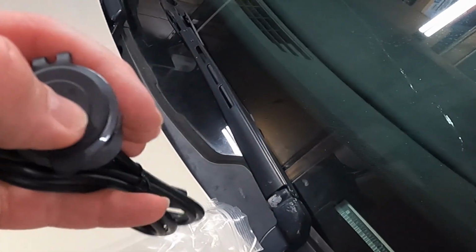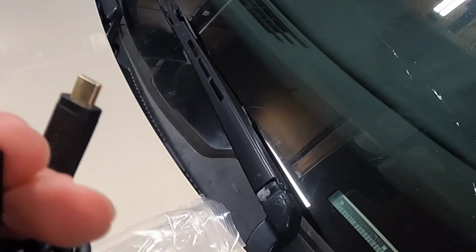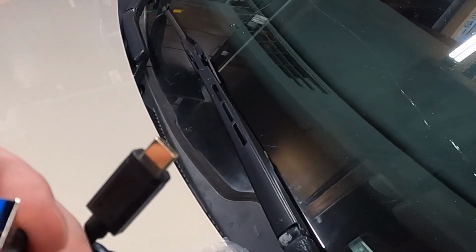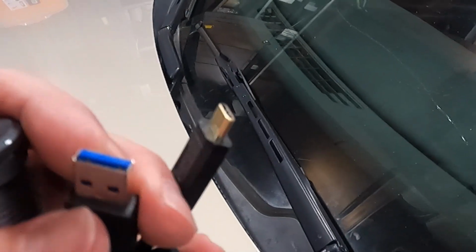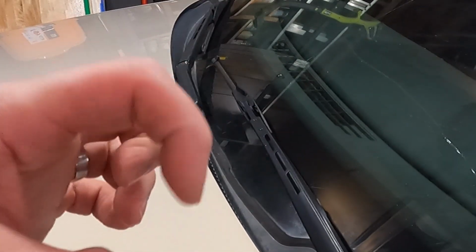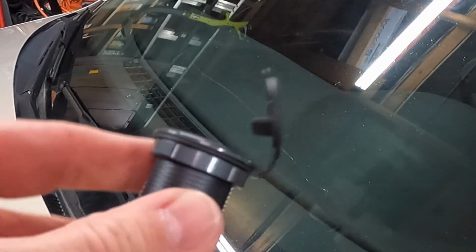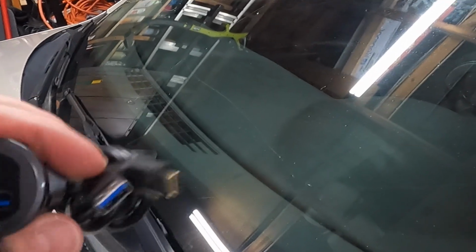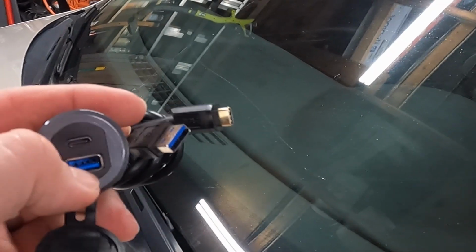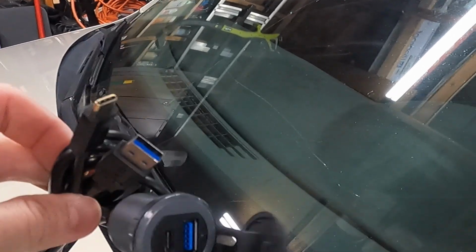So essentially you got this little cover, but it has a USB-C and a USB-A, and what I do is I'll connect the A to the port on the back of the radio that says it's for CarPlay and Android Auto. I'll connect this to a charger, and what I'll do is I'll take the power port, I'll plug the charger into the power port that I take out of the console, and then put this in its place, and then tuck the charger and the power port up under the console, so then you can charge, and then you can use wired AA, and you won't have any wires hanging out under your dash. So that's something to think about, something you could do. I will not be doing that in this video, but